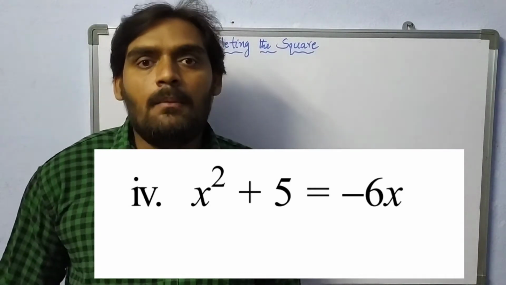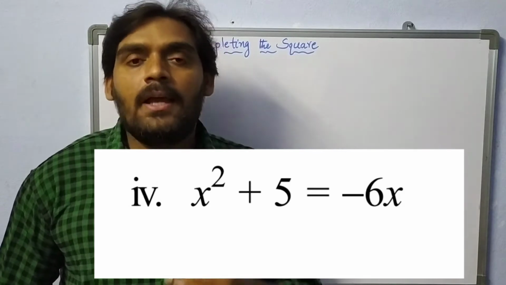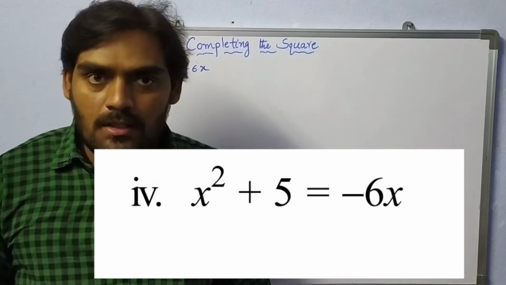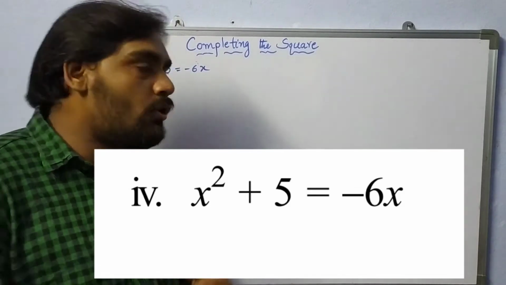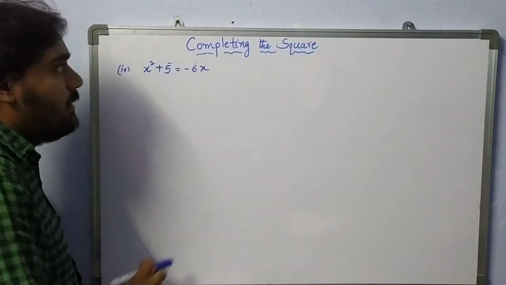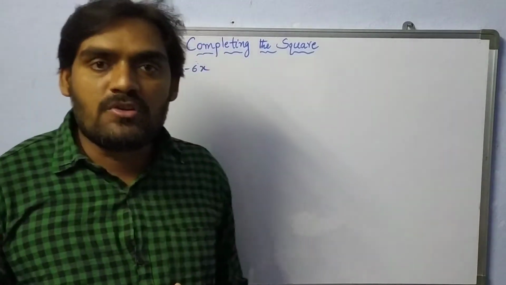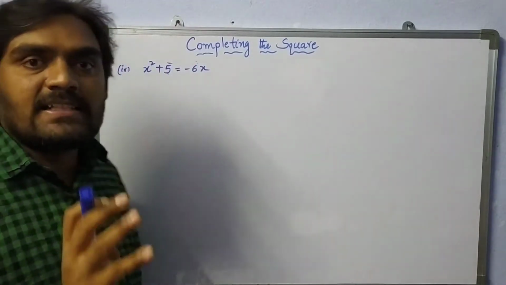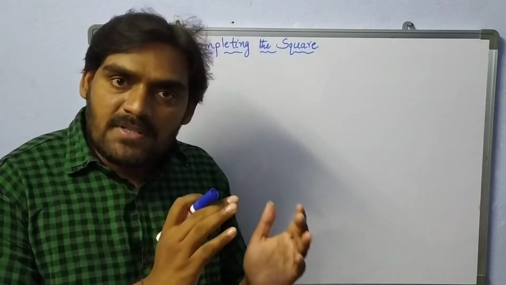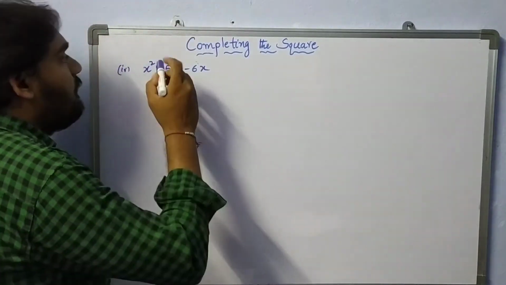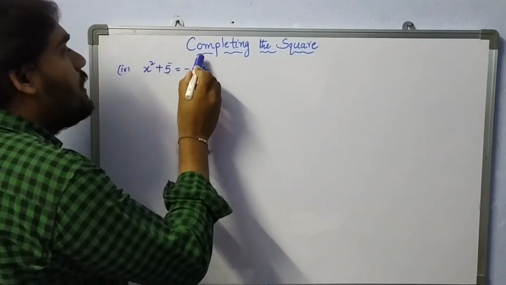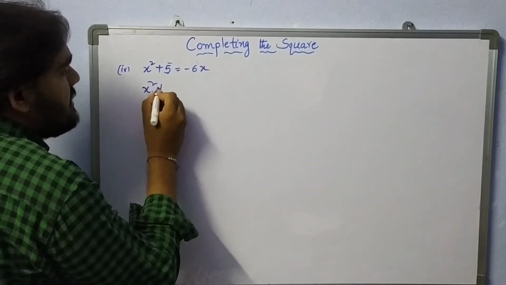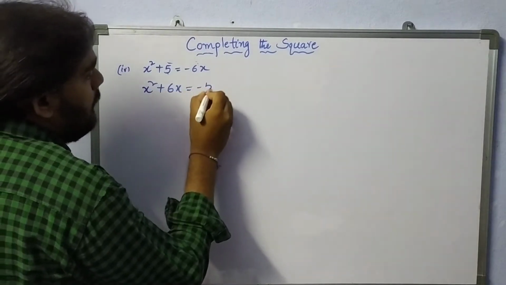See, we did many problems in the form of ax square plus bx plus c is equal to 0 by the method of completing the square. But this one is not like that. Even so, we need to find the roots of this quadratic equation by using the method of completing the square. At that time, both the x square term and the x term should be on the same side of the equation. So here we need to send plus 5 after the equals sign and minus 6x before the equals sign. At that time we will get x square plus 6x is equal to minus 5.